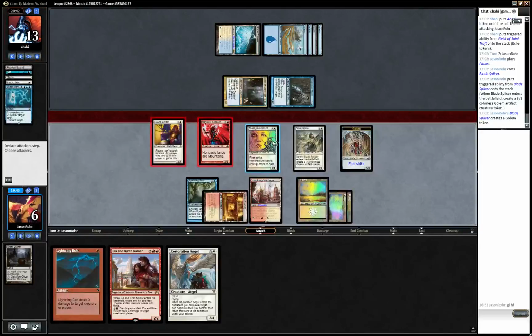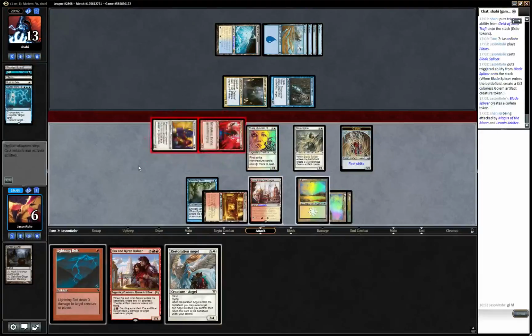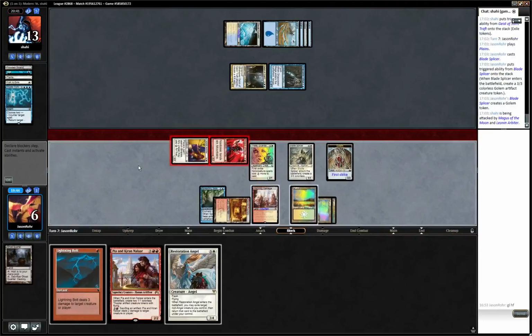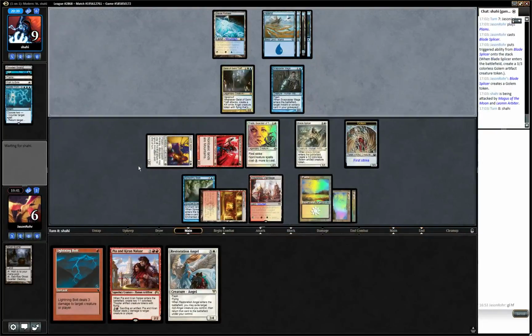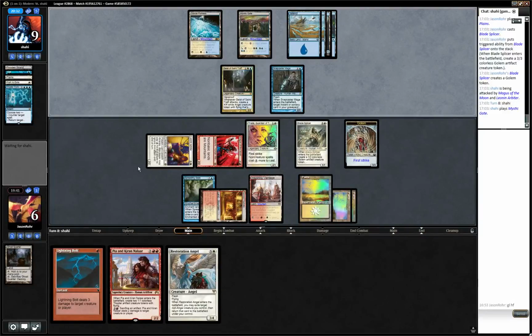Yeah, I think because we... No, I think we play a little bit safer. We just attack for 4. And we pass. So the Blade Splicer can now trade with the Snapcaster Mage, and the Thalia can...